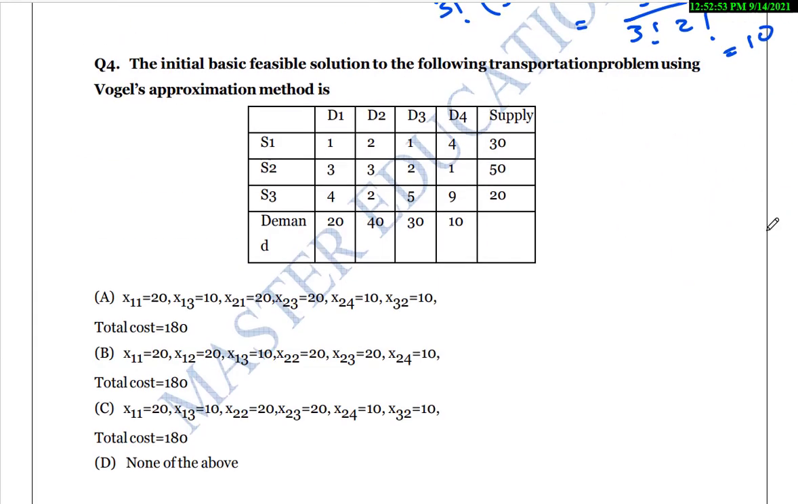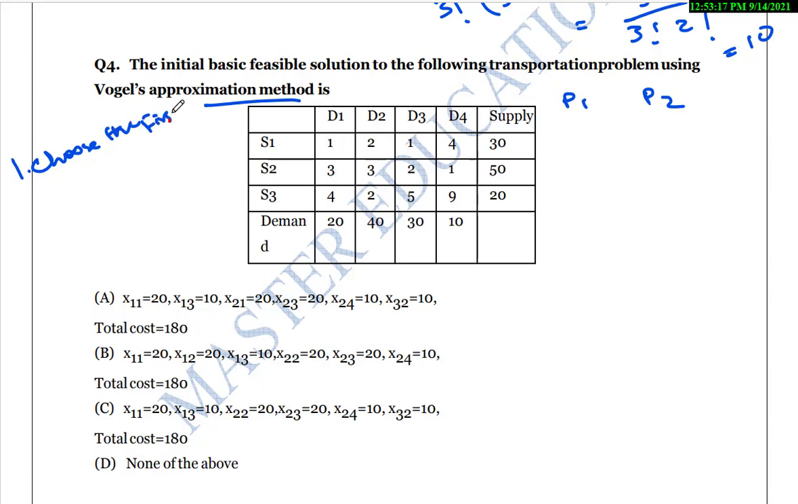The next question: the initial basic feasible solution to the following transportation problem using Vogel's approximation method is. In Vogel's approximation method, we have to find penalties, right? So penalty 1 and penalty 2, like that. So what is the method? The first step, choose the